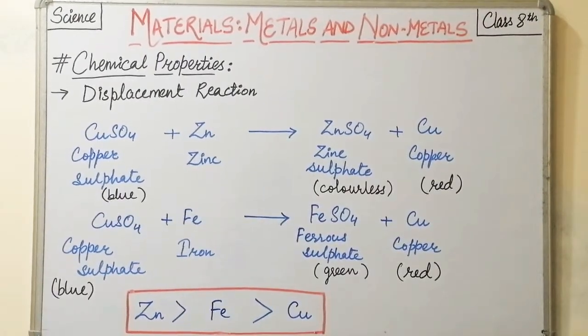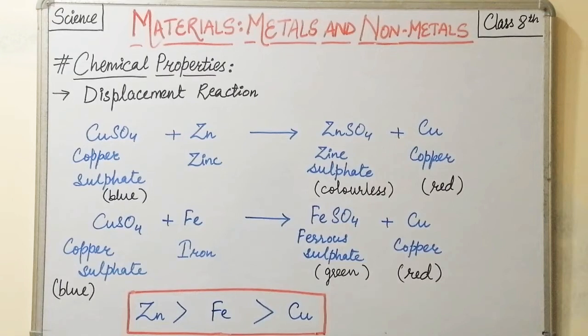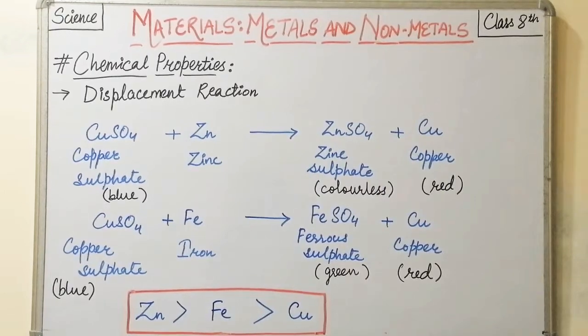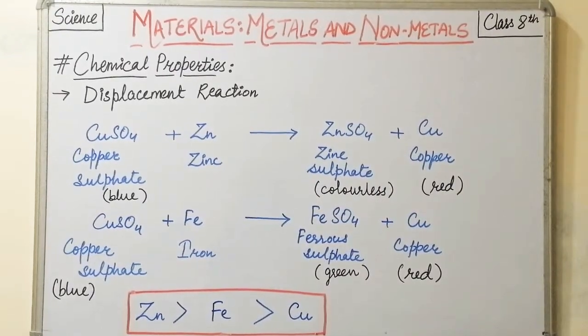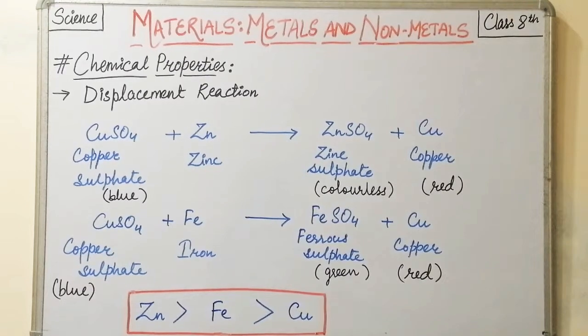The blue colored copper sulfate solution, when zinc granules are added in the solution, after some time we will observe that zinc sulfate, ZnSO4, has formed. This we can see with the help of the solution, as the color of the solution changes from blue to colorless, and you can see some copper turnings, small portions or small red colored dots. Those red colored materials are copper.